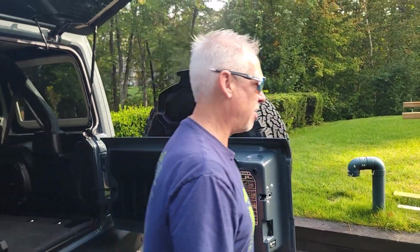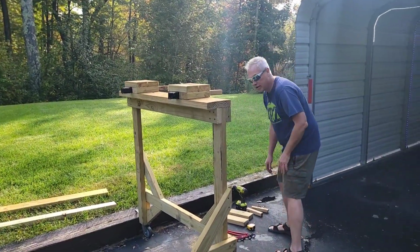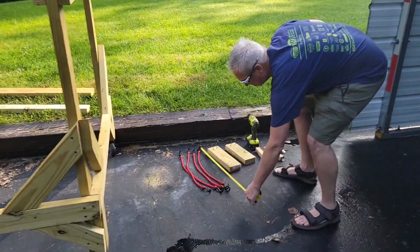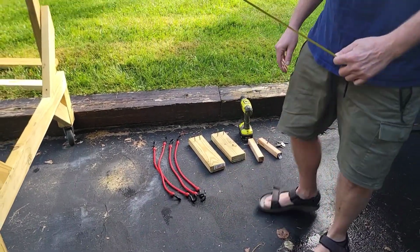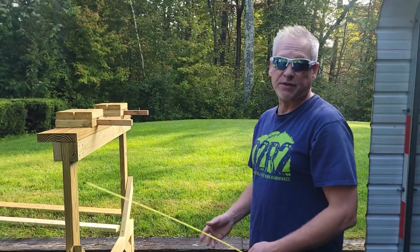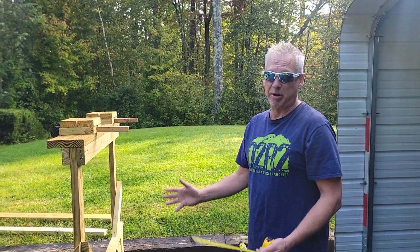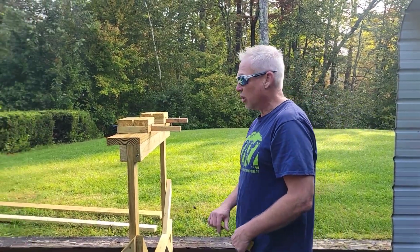What I did, and I'm going to grab my tape measure. You're going to need 4 bungee cords, 24 inches. And I recommend you get a big box of 3-inch deck screws. I thought 2 would do it, and then I ended up buying another box of 3-inch deck screws. So yeah, just go for the big box. You're gonna need a dozen